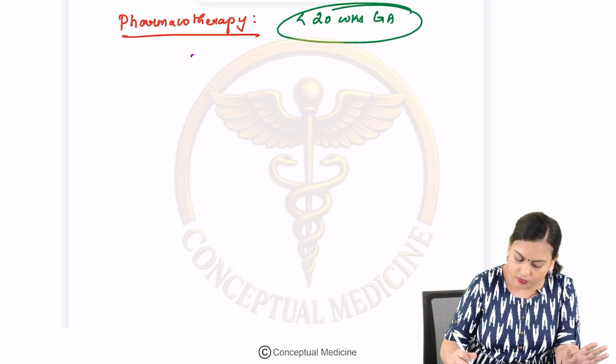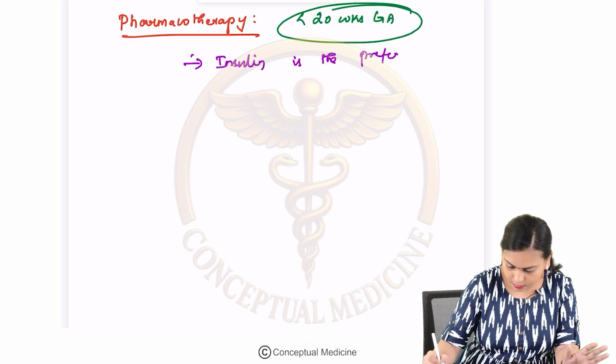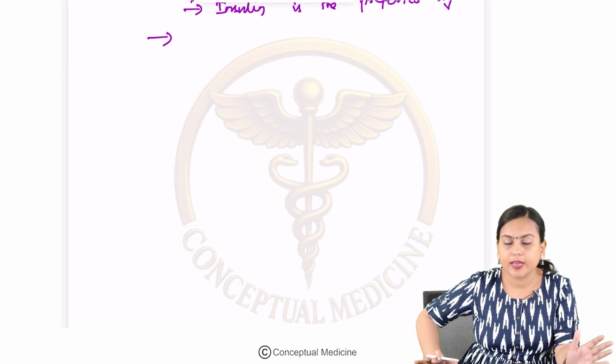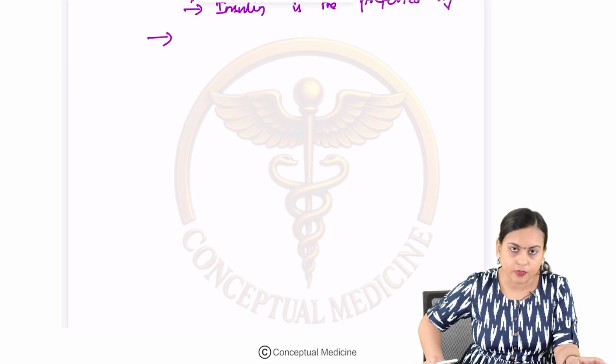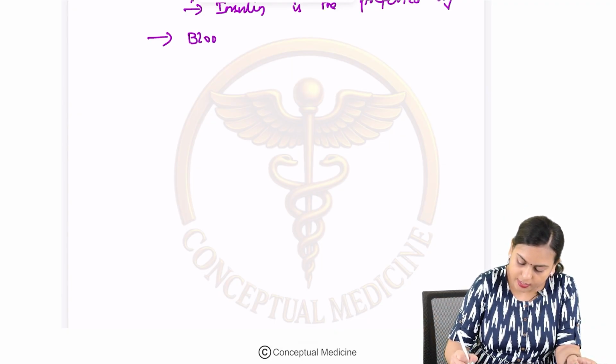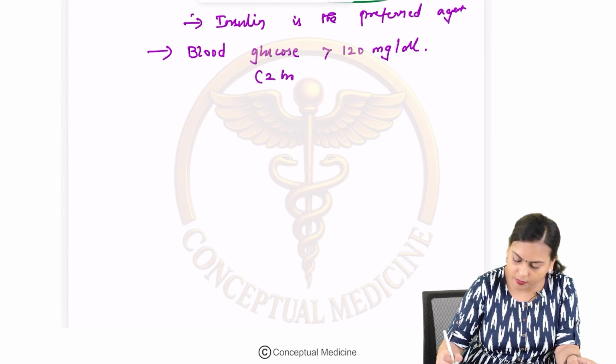Remember, always insulin is the preferred agent of choice in pharmacotherapy. This is usually started when MNT and physical activity are not going to work out. Clear? So that means blood glucose levels should be more than 120 milligram per deciliter,